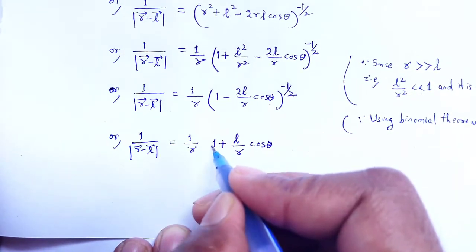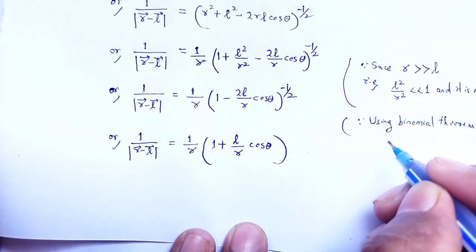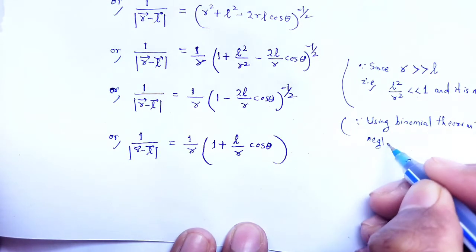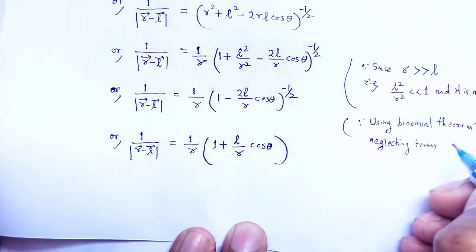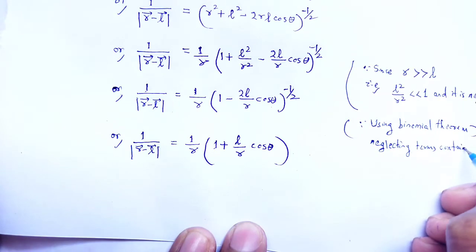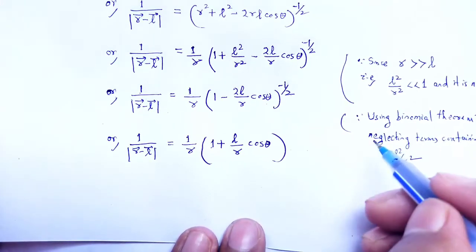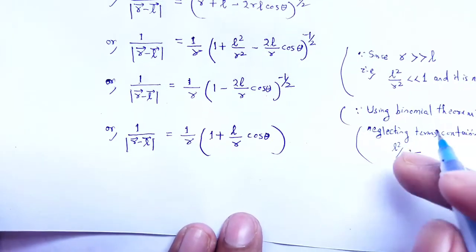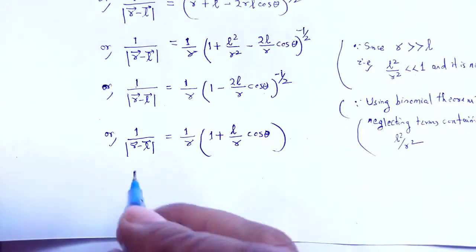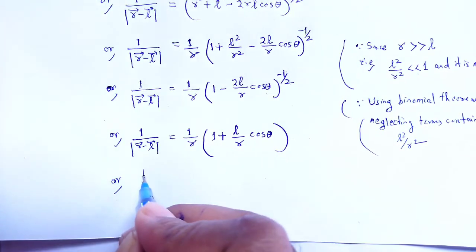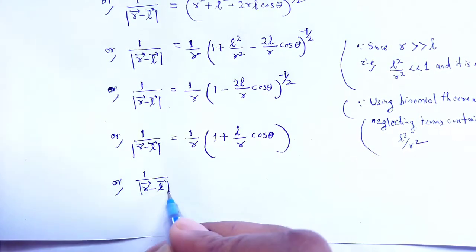All other terms are neglected, neglecting terms containing L square by r square, these are the higher terms. Or we have 1 divided by the magnitude of r minus L is equal to